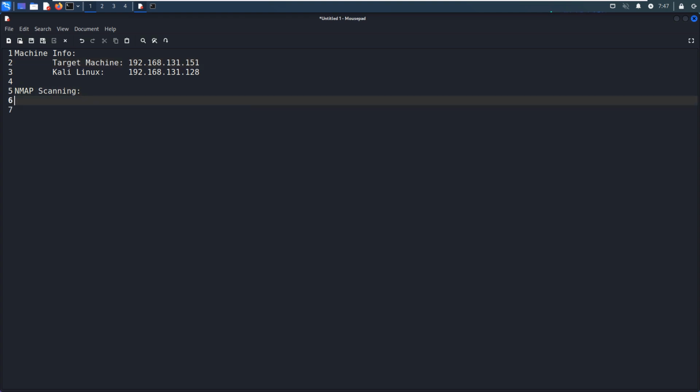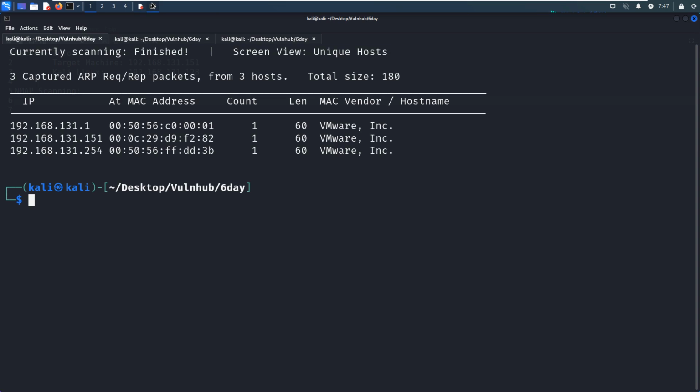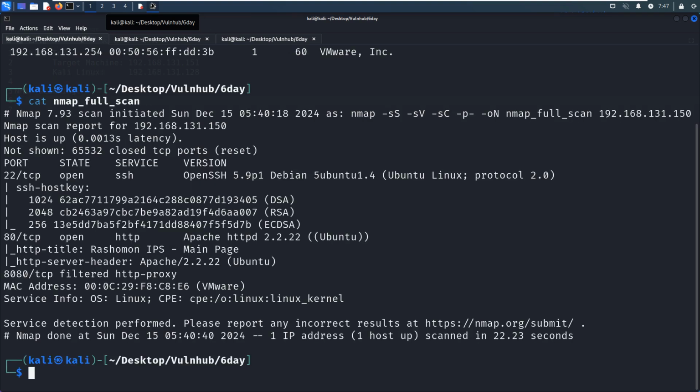Next, we need to do port and service scanning with Nmap. To save time in this video, I've already completed it before. So for now, we just get out its result. As usual, I used the options like -sS for SYN scan, -sV for version scan, -sC for the default script scan, followed by -p- to do the full range port scan.